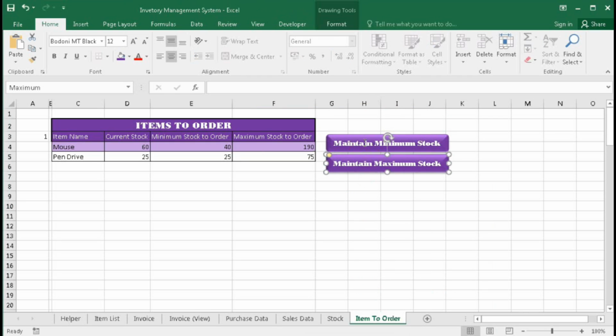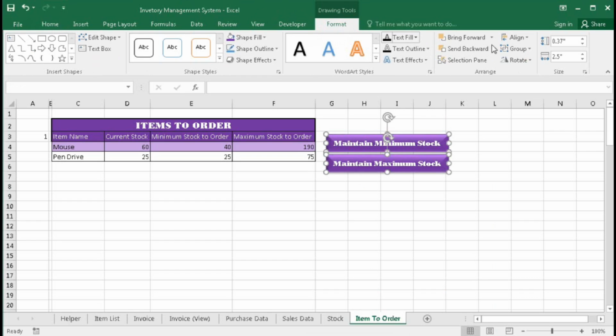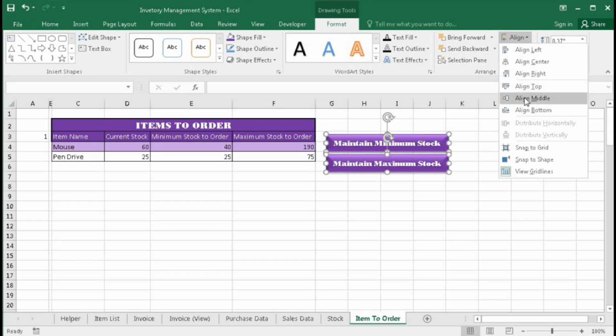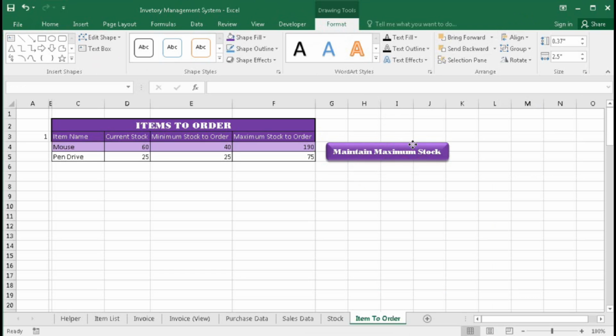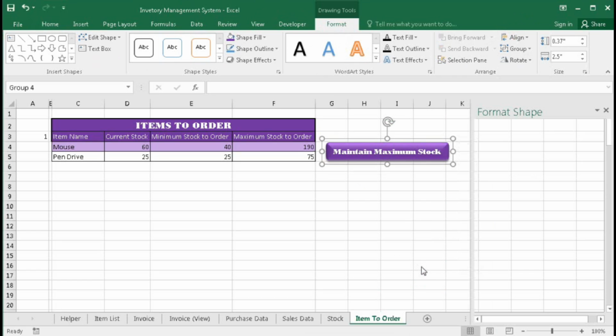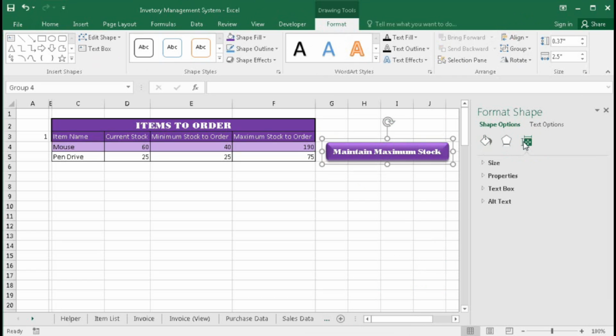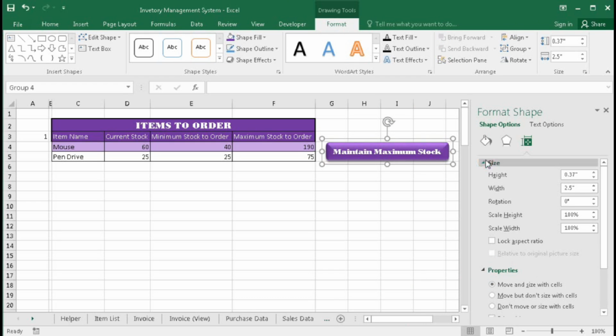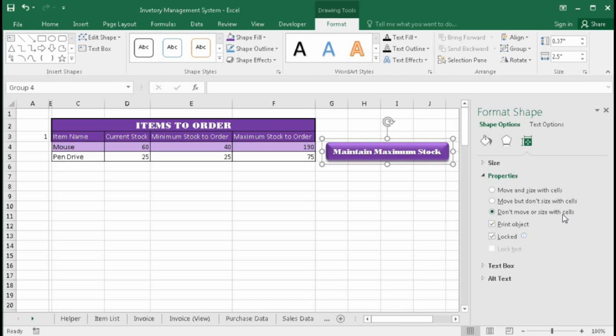Now select these two buttons, go to format, align center, align middle, and now put it here and group it. And now right click here, format shape, and in the properties, type here don't move or size with cells.